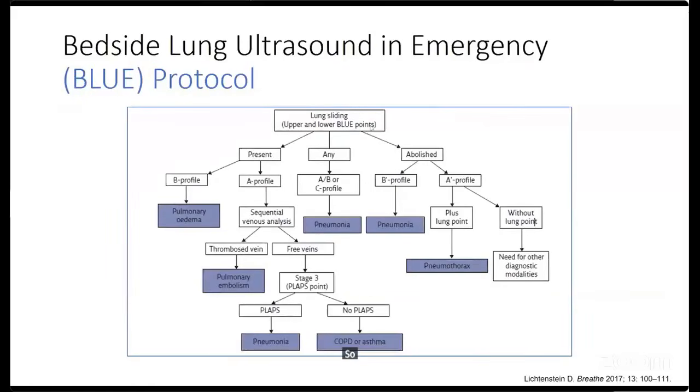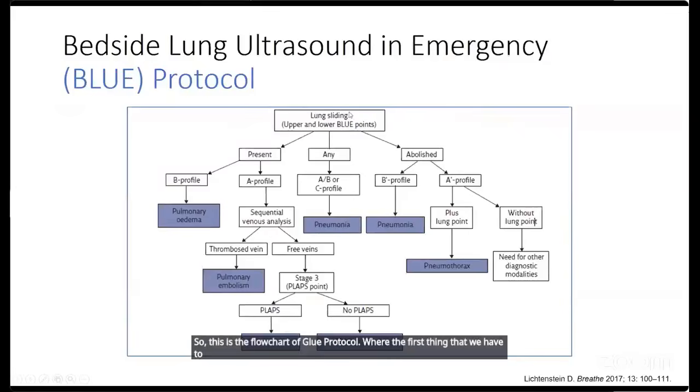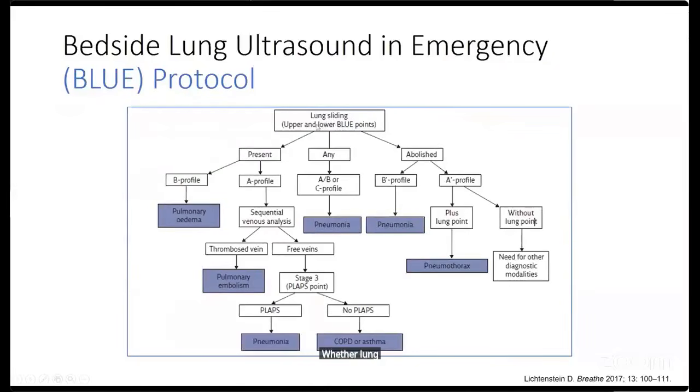So this is the flowchart of the BLUE protocol, where the first thing that we have to see is whether lung sliding is present or not, which we see in the upper and lower anterior chest wall points that we saw in the first few slides. So if your lung sliding is present and there is a B profile, then this is a case of